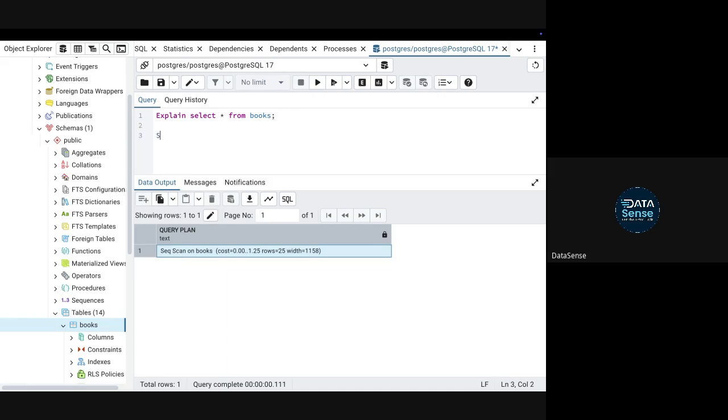So one is sequence scan and the other is index scan. You will not see index scan in a small data set. You will see it once you reach big data sets, and of course once you apply indexes. Beyond this, you will see a lot of other variables as well, such as cost, rows, and width.